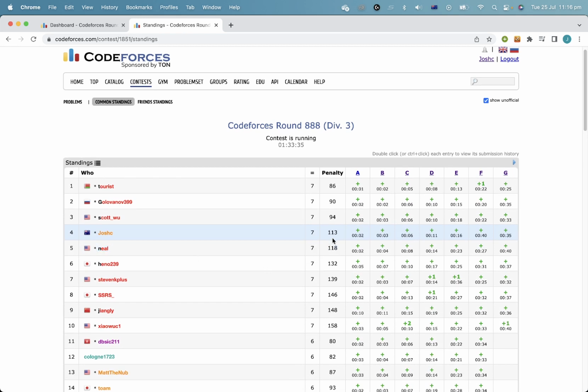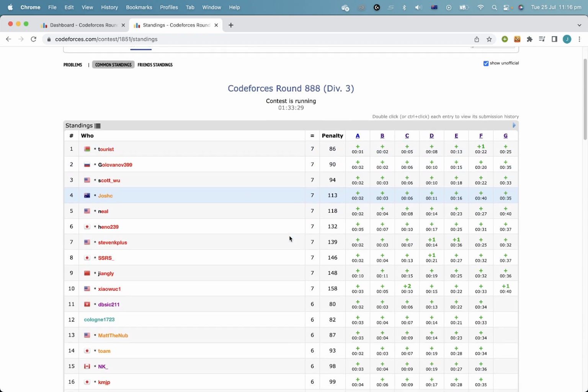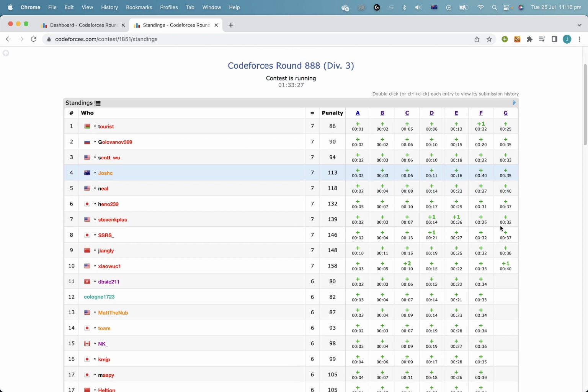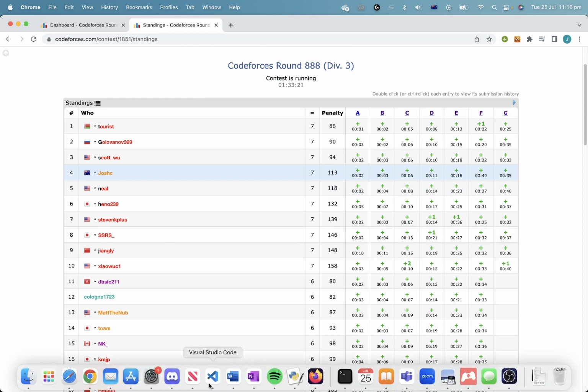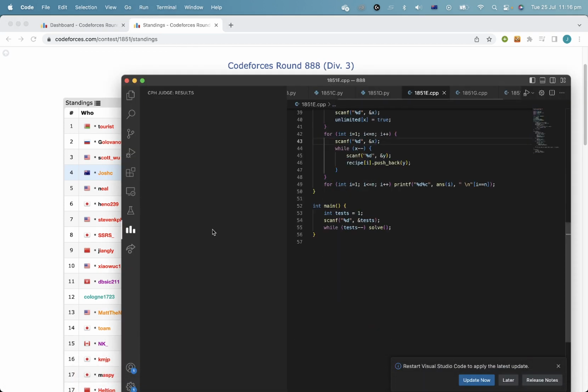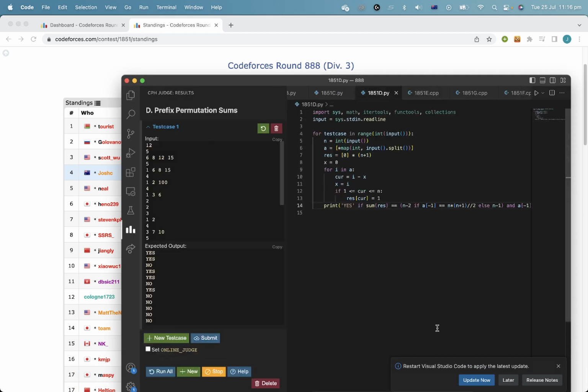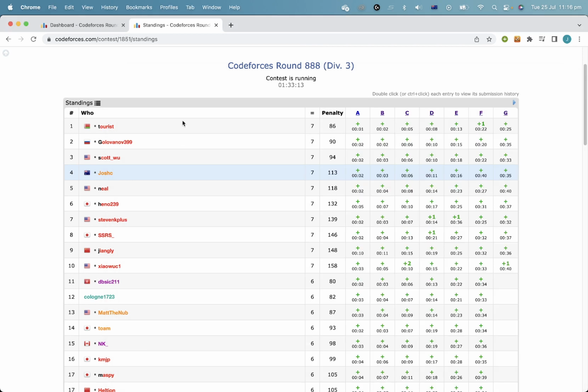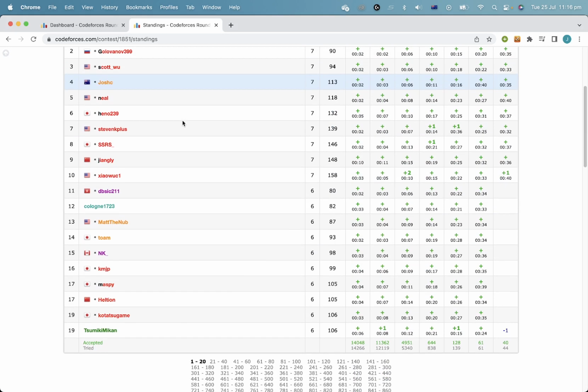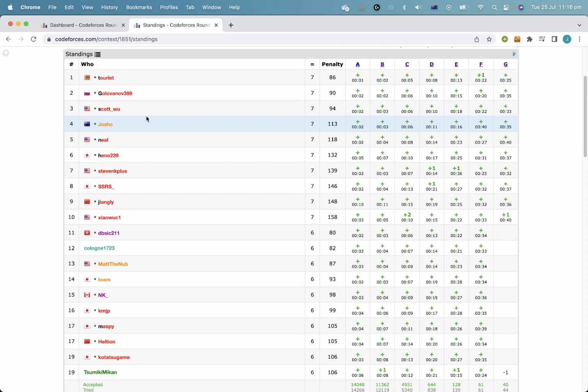If I had 14 better penalty, I would have been 99, so I still wouldn't have beat these 3 guys, but people will overtake me probably because I did that in a terrible order. Okay, I'm going to go through my solutions soon. I'm not 100% convinced on my solution to problem D. This one was a bit sketchy, but we got there. Yeah, all these people are going to beat me, so I'm not going to end up on 4th place, but